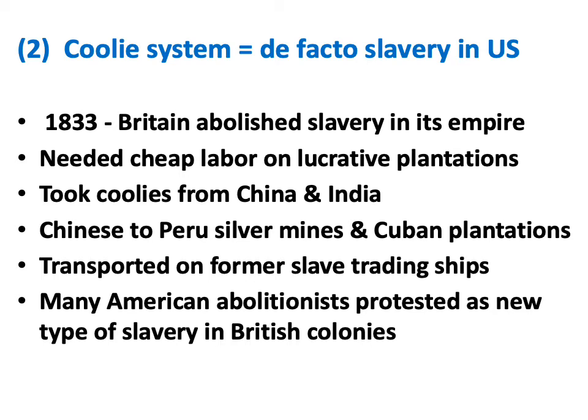Now, how were they transported from China to the Western Hemisphere? Well, they came over on ships that had been used to transport slaves, because Britain had a massive number of ships involved in transporting slaves around the world. All of a sudden, slavery is illegal, and these slave ships were seen as the perfect means to transport these Chinese. Now, many Americans saw what was happening. This is before the U.S. Civil War, so we still had slavery in the United States.